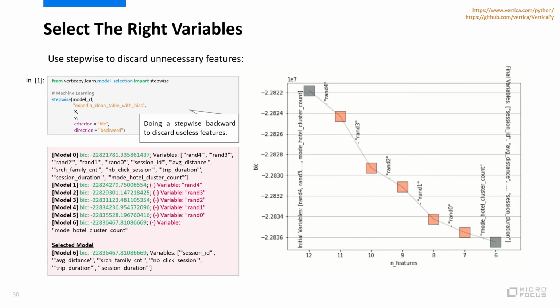You have a lot of them, but to discard bias, it's one of the most powerful techniques, because if the variable is not used at all, then it will be automatically discarded by the stepwise. So just please select the right variables. You will win performance and you will win accuracy. So it's one good way to work